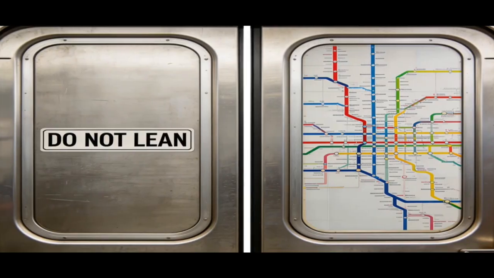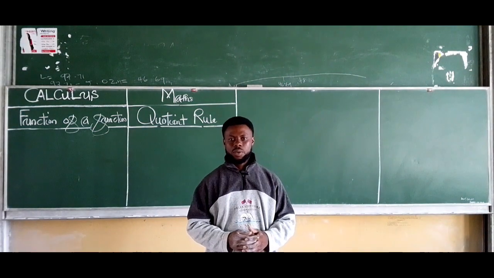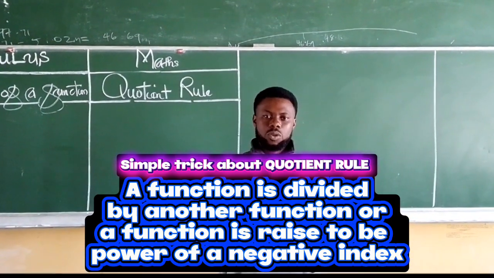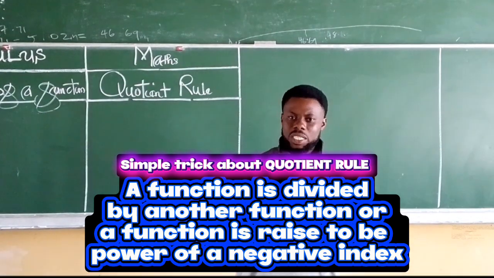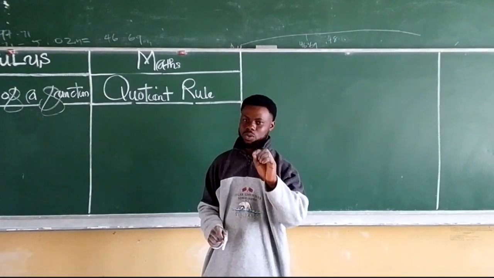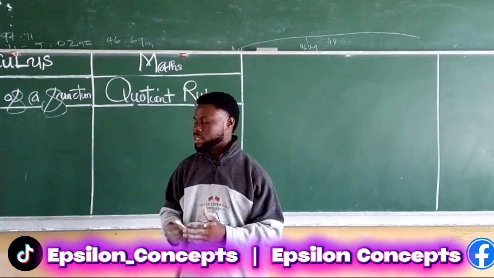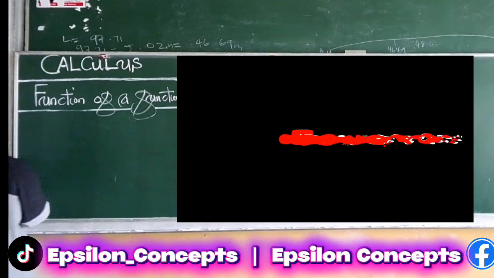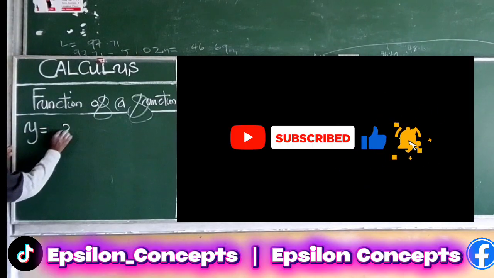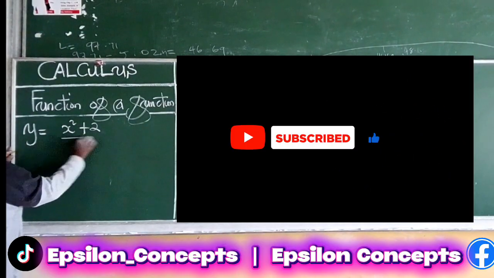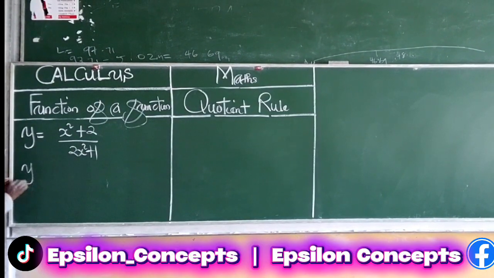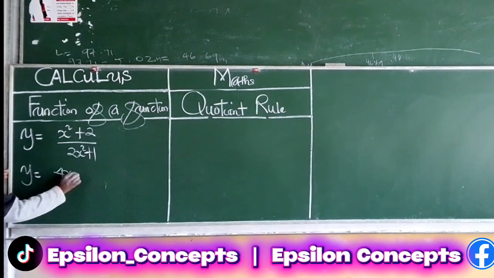So when we say quotient rule in calculus, we are talking about a function divided by another function. Basically, the quotient rule deals with a fraction, a vulgar fraction, where we have a numerator and a denominator. An example: if y is a function of x, then y is equal to x squared plus 2 divided by 2x squared plus 1. Another example is y is equal to 4x plus 3